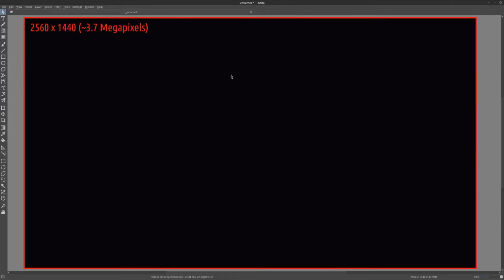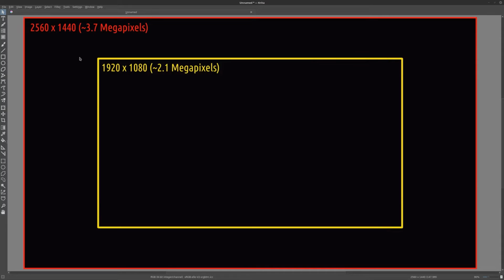That's the resolution of my monitor that I'm currently using. Now my monitor is 2560 by 1440 pixels. That translates to about 3.7 megapixels. If we compare a 1080p format with that, which is 1920 by 1080, we're down to about 2.1 megapixels. Now the megapixel count sort of roughly translates into the render time. So if you've got the same scene and you would render it at 1440p rather than 1080p, it'll have to render roughly twice the amount of time. Now this is not exact, but it gives you an indication of the effect of these formats on your render.